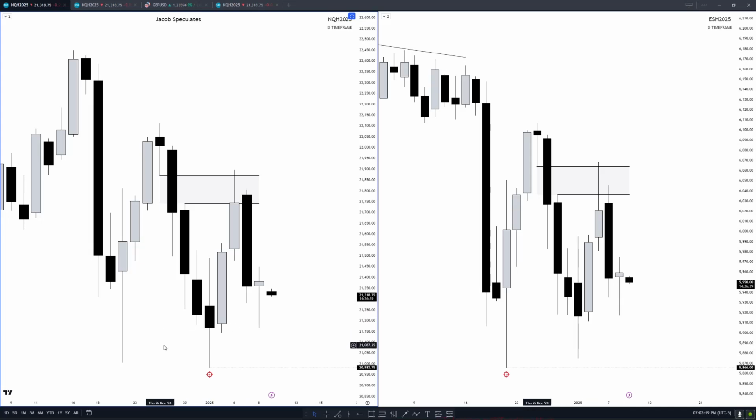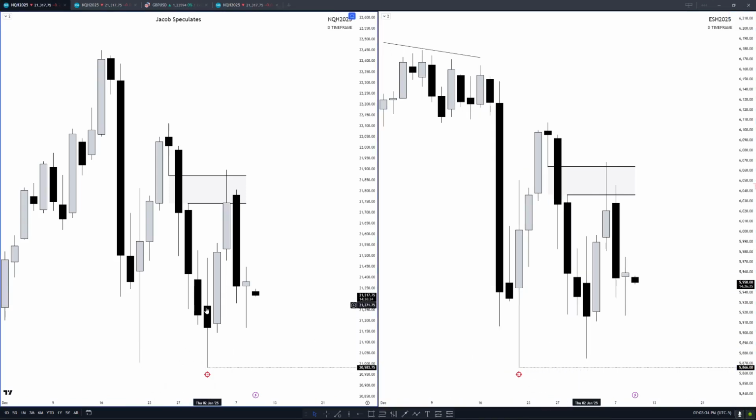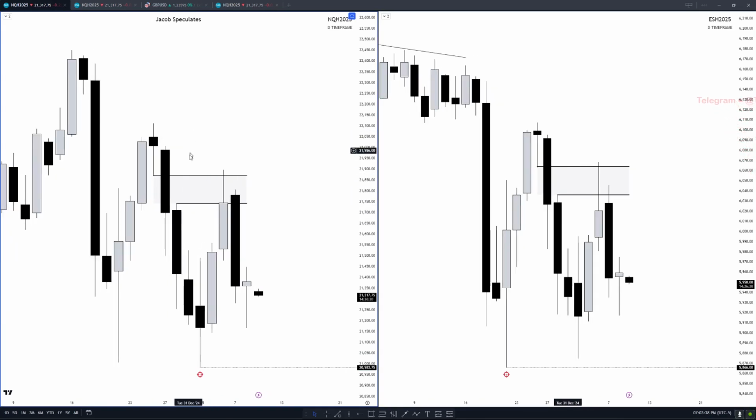As you guys know, in the previous one, there was an SMT that was outlined between these lows right here, between the NASDAQ and the S&P, which caused price to drive higher into this daily fair value gap. Now, I got a lot of questions asking why we used intermarket SMT at this fair value gap, which we will cover later in this one.